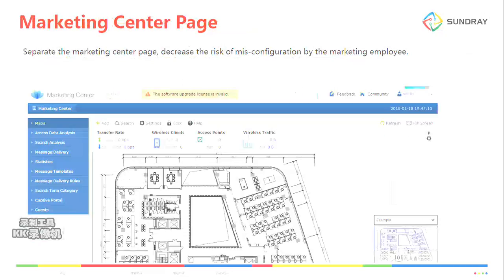And actually, for Sundray, as I said, we support marketing features. We can send messages to the clients. So we have a separate marketing center. In the past, it was mixed with the network configurations, because the marketing features are always used by the marketing department. The marketing employees have less knowledge about network configurations, so they may make misconfigurations, and network changes lead to network disasters. So we did the optimization to separate the marketing management portal. In this way, we decrease the risk of